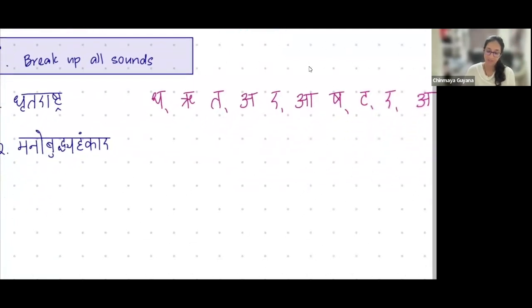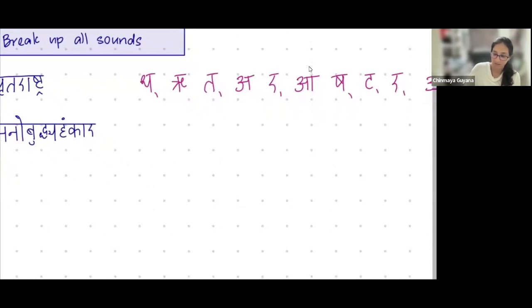And then the next word, manobuddhyahankara. I hope everybody sees. I don't know if you can identify, this is actually a sandhi. Manobuddhi ahankara. But anyways, that wasn't our question. Manobuddhyahankara,